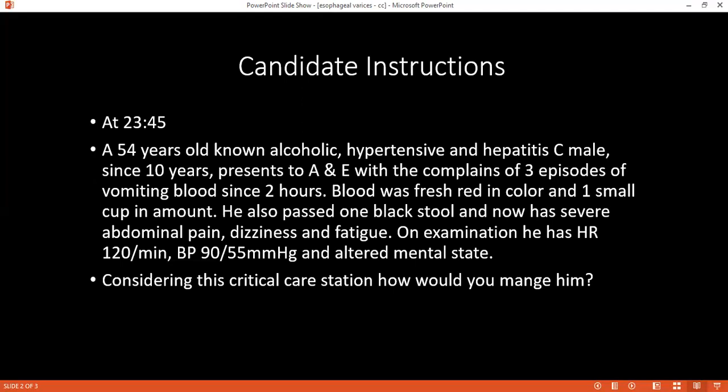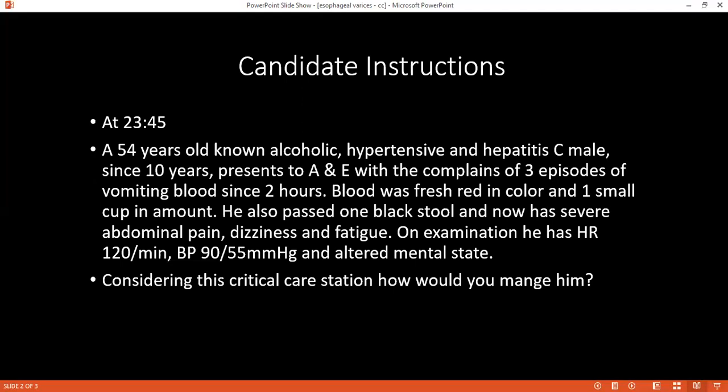And for circulation, I will open two wide bore cannulas, and I will also take some blood for the normal investigations like CBC, electrolytes, then ABG, along with the prothrombin time, coagulation and the platelet count. And after discussing with my hematologist, I will give 2 units of blood since the patient is vomiting blood. And then after close monitoring of the pulse, blood pressure, and also will check the urine output,